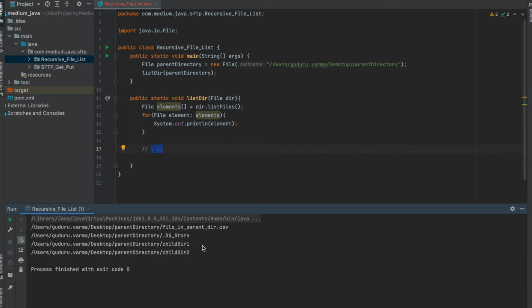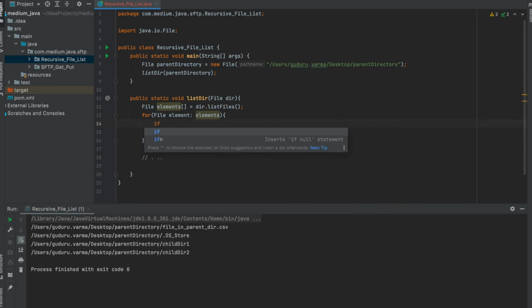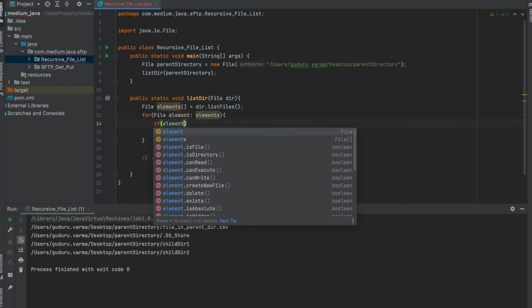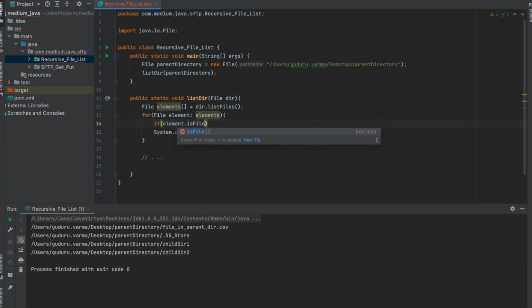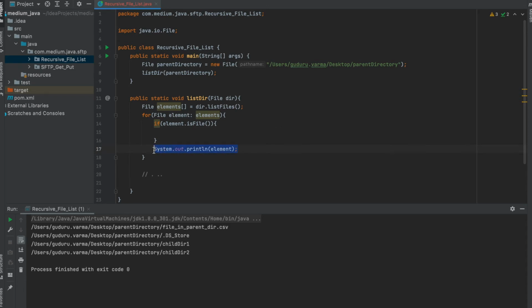Let us use an if else block and iterate through everything inside it. So I will use if element is file. If the element is of type file, we basically need those, so we go and print that file.